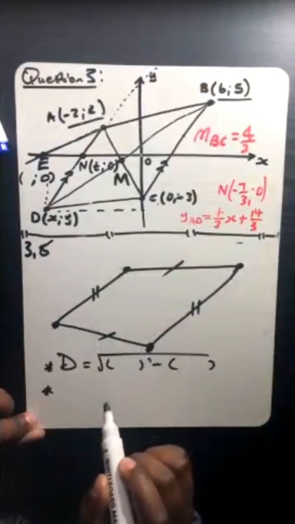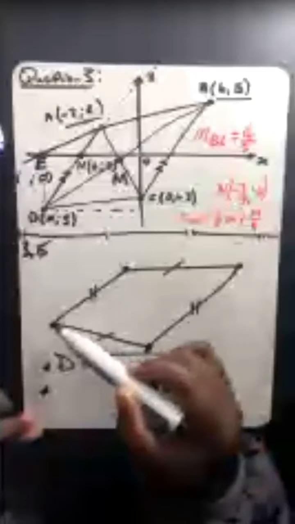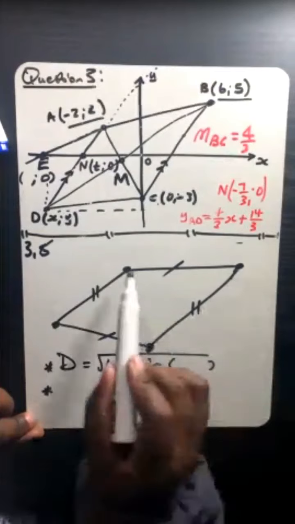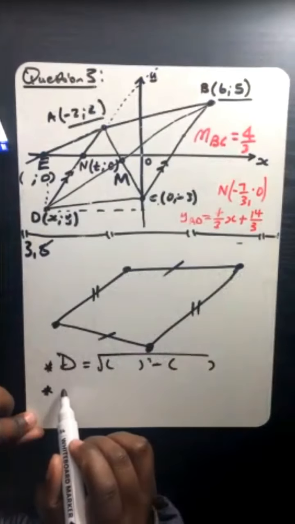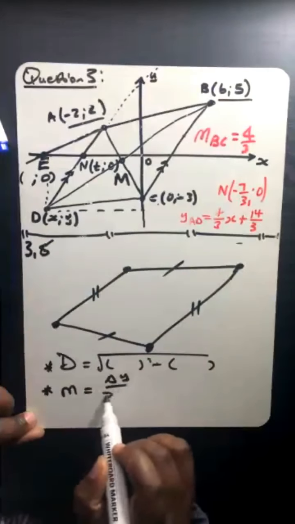Secondly, if you can prove that the gradient of this line is equal to the gradient of that line, or the gradient of that line is equal to the gradient of that line, then you can conclude